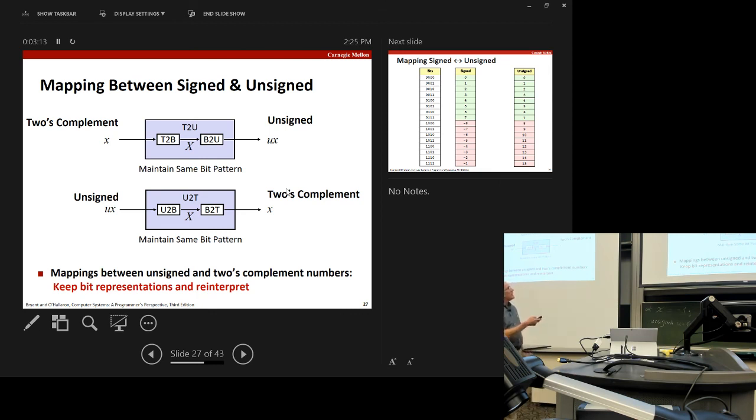But in general, what happens when you cast in C between signed and unsigned is nothing. The bits just stay the same. It's just that all of a sudden I think of that high order bit as either positive or negative weight, depending on whether I'm thinking about it as signed or unsigned. But nothing changes. And so that's really a way different idea than if I say